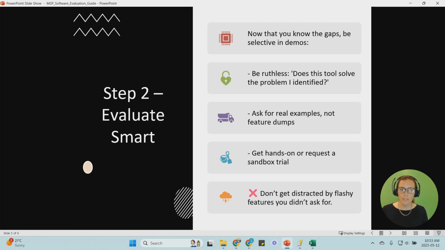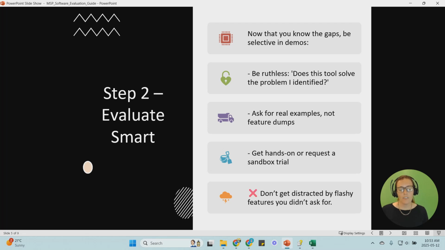This makes sure that you're respecting their flow. They might have a certain way of selling and they might have a certain way they like to do it, but they're going to keep your questions in mind as they go through and call out those specific areas of the software. Try and get a sandbox trial.